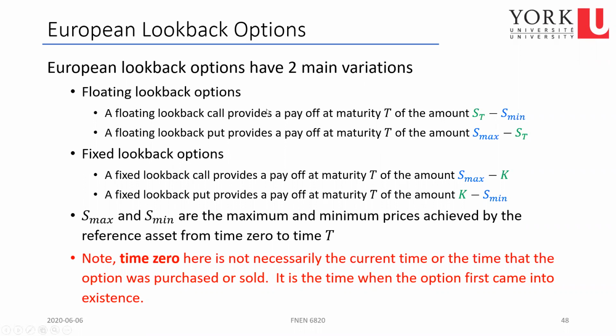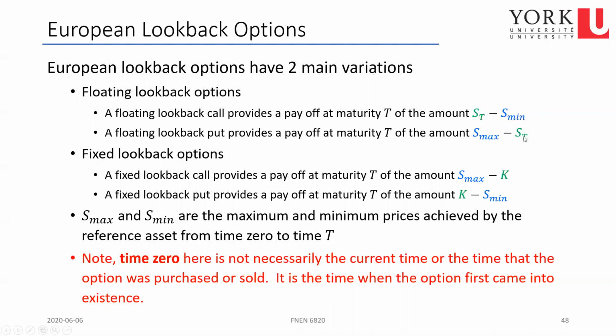For floating look-back options, a floating look-back call basically has a payoff at maturity that's equal to the realized stock price minus the minimum price of the stock. A floating look-back put then provides a payoff at maturity of the maximum of the stock minus the realized stock